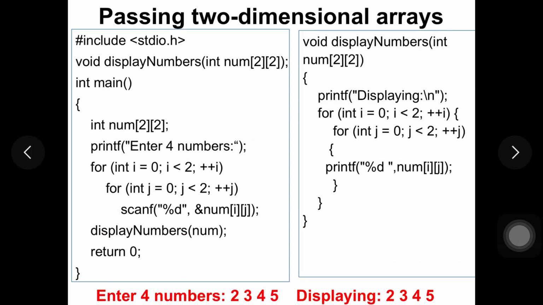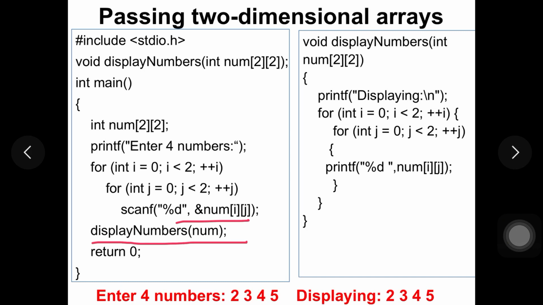So we read the values of num, as shown at the bottom. Enter 4 numbers: we have entered 2, 3, 4, 5. Finally you call the display numbers function with the array name as it is. Why? Because we are passing the whole array, that's why we have not used any square brackets.